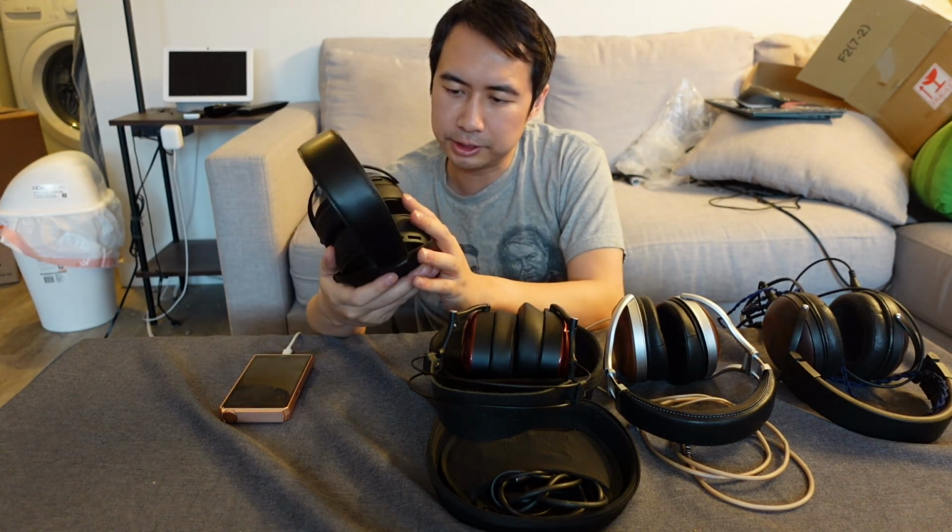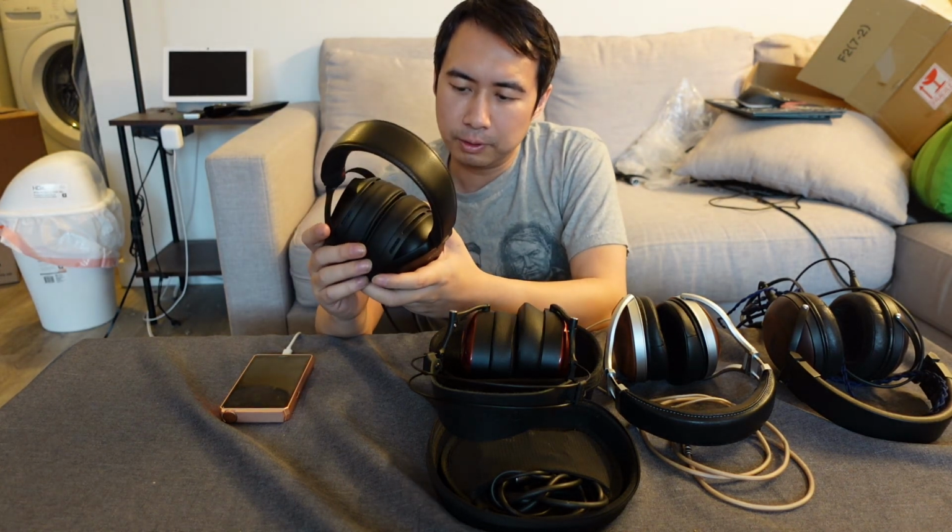I think they're pretty similar to the Denons and Fostex in the comfort department. But I would probably say the Shures and the Dan Clarks are a little bit more comfortable. Noise isolation is pretty good, as you would expect for over-ear closebacks. Yeah, so the sound performance, I like the fact that the mids here are fairly intimate and detailed, so that's